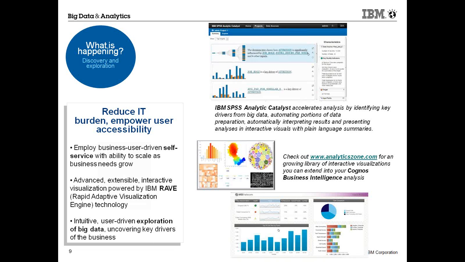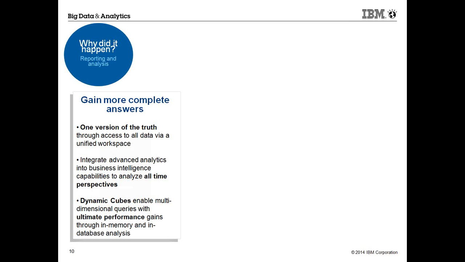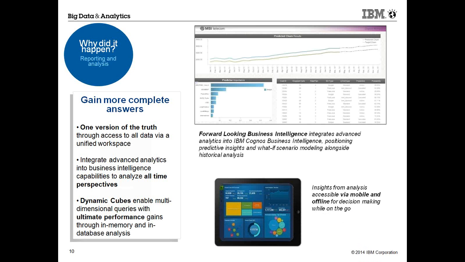So first I need to know what is happening. Is there attrition which is above par? What do I need to do about it is later, but at least I need to find what is happening. Similarly, I talked about the analytic catalyst or accelerator, which is statistical modeling through which we can slice and dice the data to look at data discovery and exploration. I'll move on to the next one for the paucity of time. I'm going to probably show, in the next 6 minutes, why did it happen.